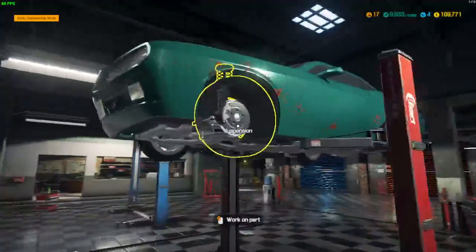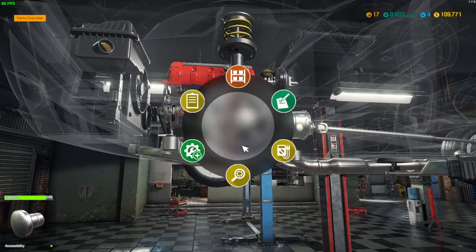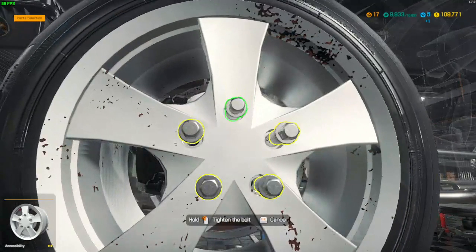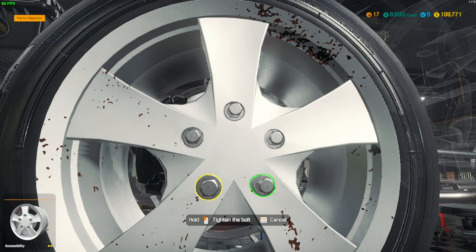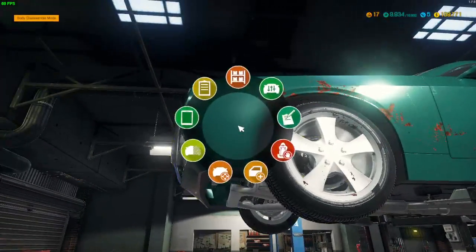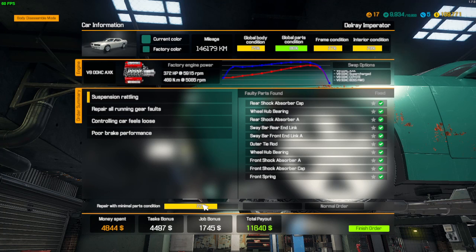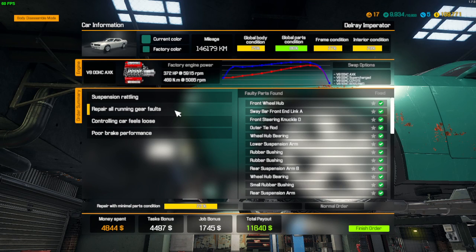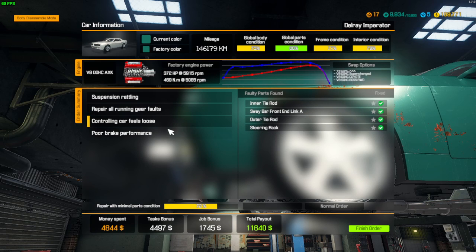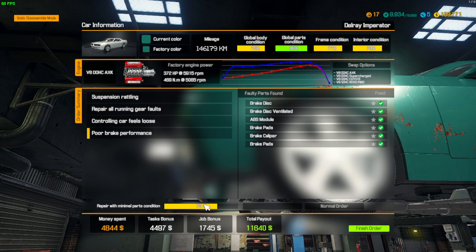One more tire. And I'll just make one more check on the list just to make sure everything's done. I want to make sure it's counting everything. It's not a story car, but it should be fine. Because without story cars, see, the repair minimal condition is 72%. So everything should be fine. Yeah, these are all check marks. But see, with the story cars, it says 100% minimal repair. So if you put something in there that...